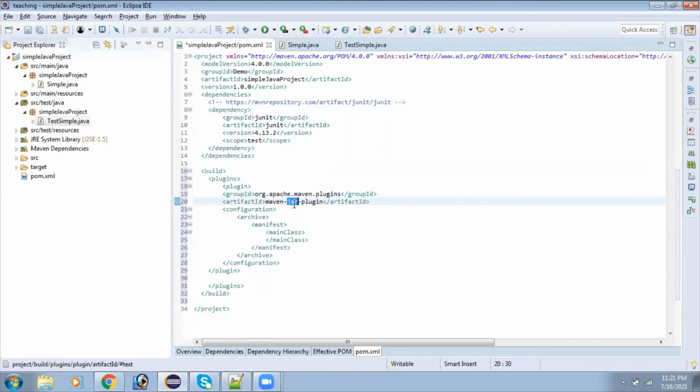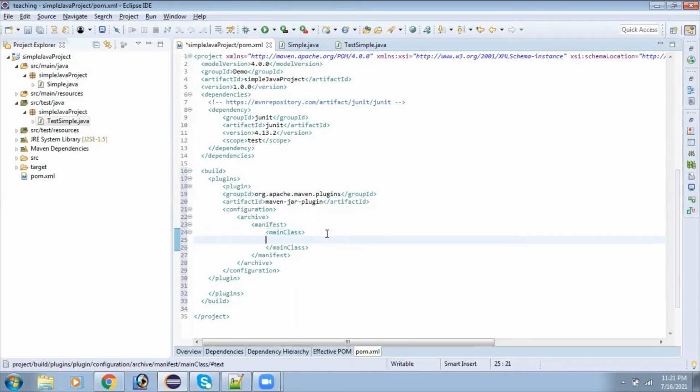When you want to create a jar, you're supposed to go here and see the configuration, the archive and manifest and main class. If I need an executable jar, I need to give the main method, right? The main class, which has the main method like public static void main string args, that class I'm supposed to pass. If I do not pass it, when you run the jar, it won't execute. So that's the reason we need to give this here.